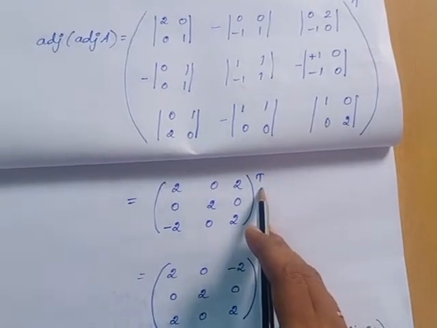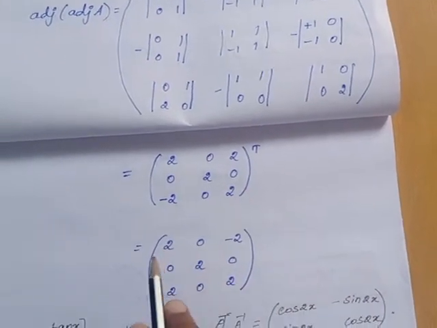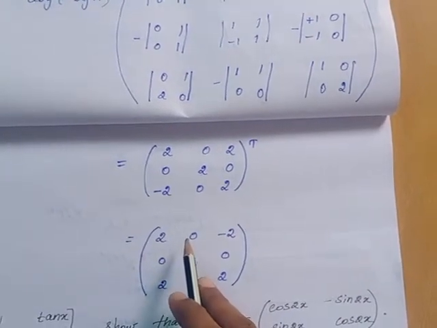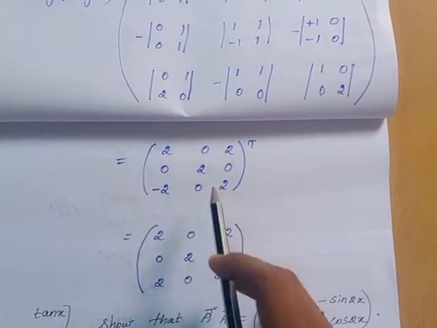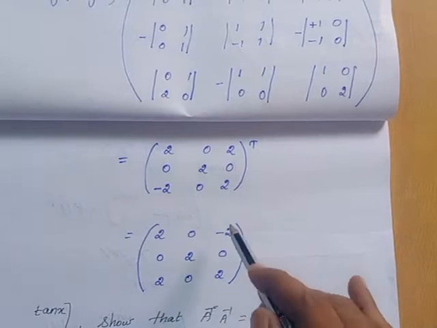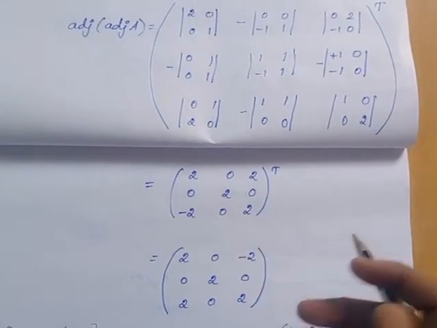Next you have to take the transpose of this matrix, that is, rows are written as columns and columns are written as rows. So the first row is written as the first column, the second row as the second column, and the third row as the third column. That's all. The next problem is